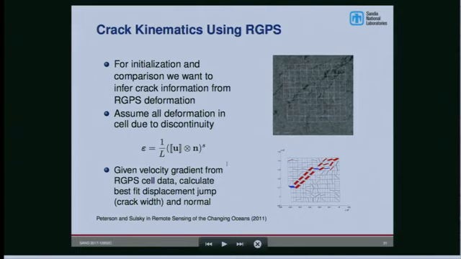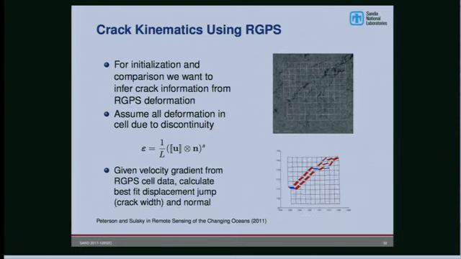And so if we do that, we get a picture sort of like shown here. If we do it for all grid cells, it's going to put a crack in all grid cells, but of course that's not necessarily what we want. So if we put a limit on the size, then we get sort of what we would expect, where we have large cracks that we're pulling out of the RGPS data. And it may be hard to see, but there is quite a deformation along here that does represent a crack.